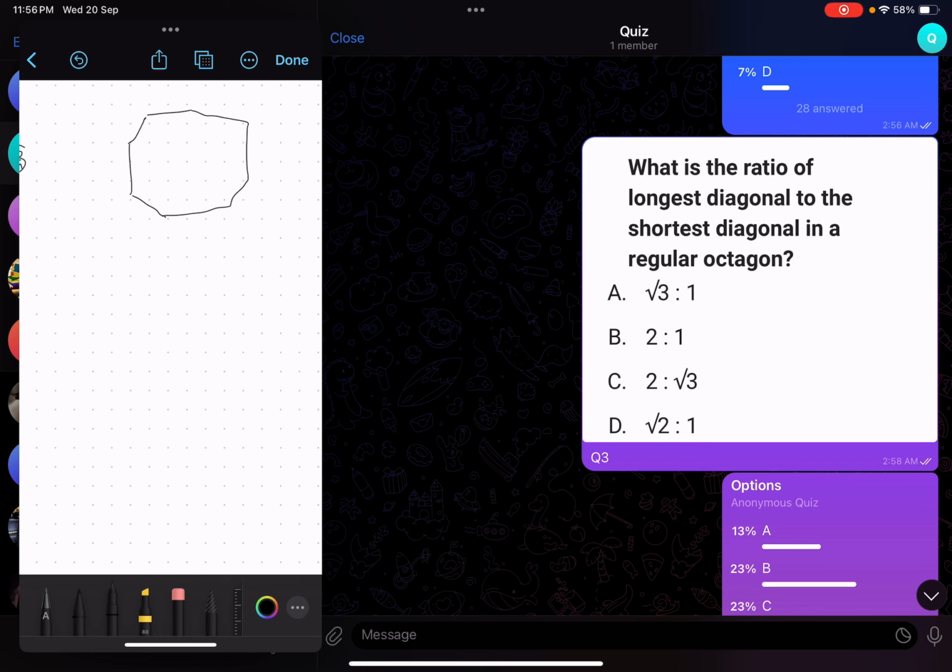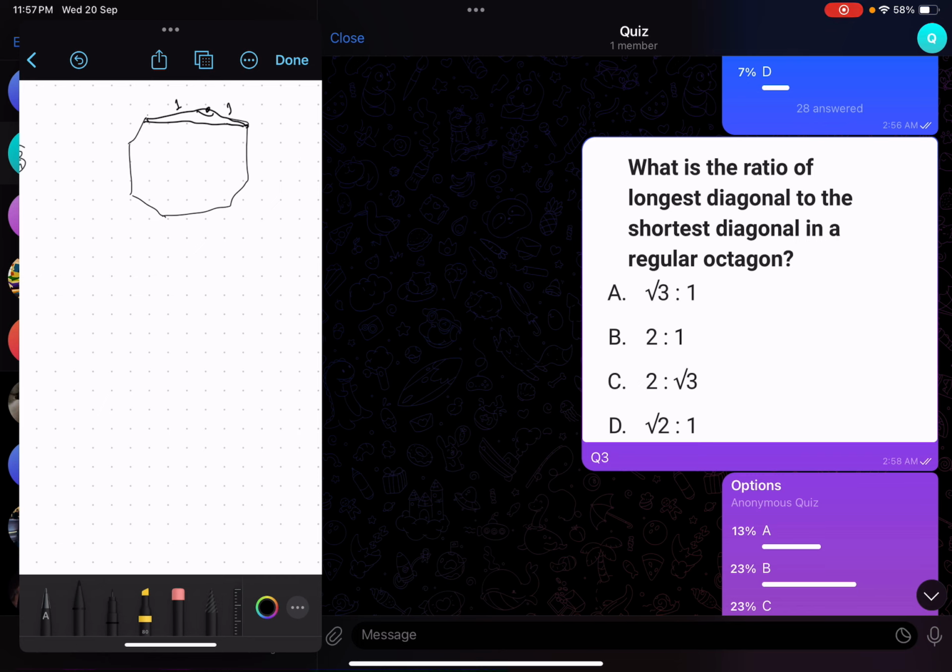Now first of all, the thing you have to figure out is what will be the shortest and longest diagonal. The nearest diagonal, the shortest diagonal, is basically this: if you hold this vertex, then skip to the next vertex and the next. If these two join, you get the shortest diagonal. Suppose the side to be 1. Each angle will be what?